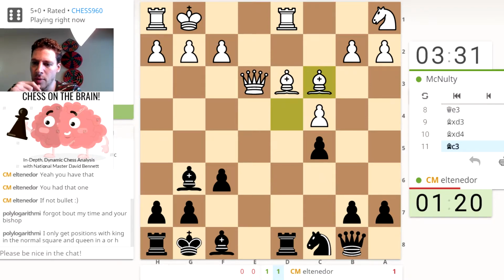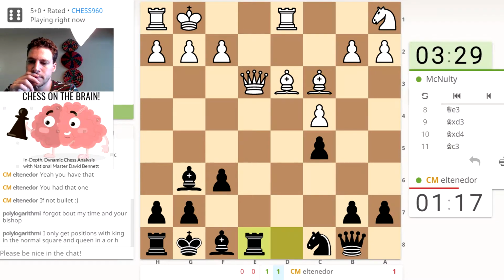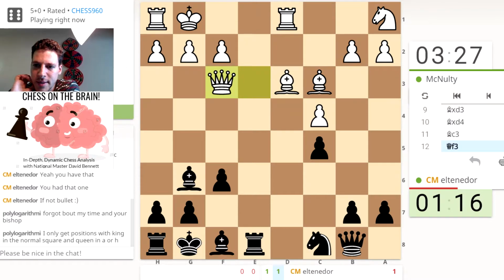Oh, that would be a mate. Wow. Wow. Do that then. Queen e6 would have been mate if bishop takes d3. That would have been over quick. Not the way I wanted to be. Well,